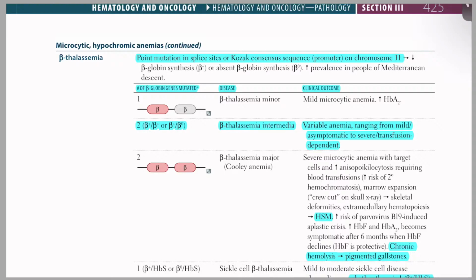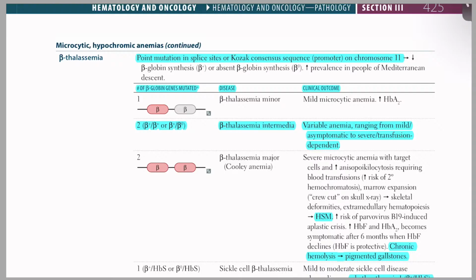Third, beta thalassemia major, Cooley anemia, severe microcytic anemia with target cells and increased anisopoikilocytosis requiring blood transfusions, increased risk of secondary hemochromatosis, marrow expansion, crew cut on skull X-ray, skeletal deformities, extramedullary hematopoiesis,